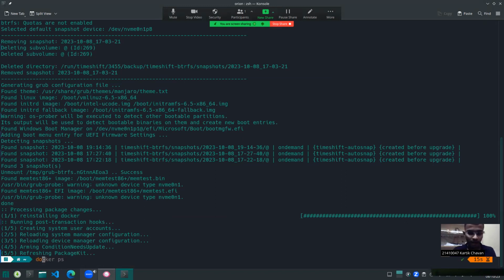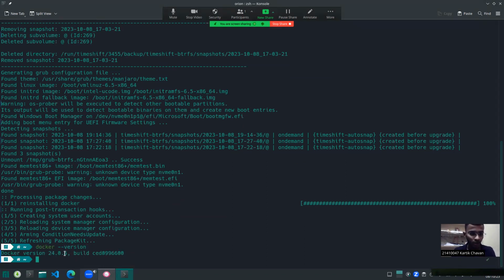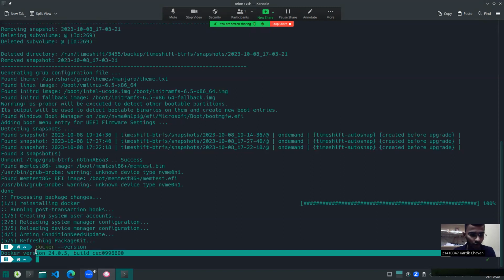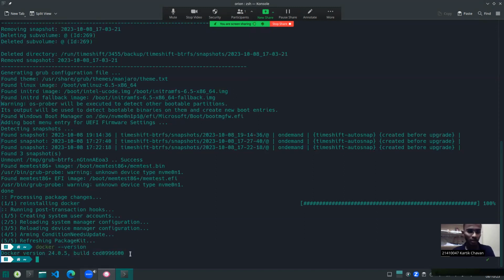After installing we can see the version of it. Let's see which version is there. Yes, we can see that Docker version 24.0.5 is installed. Now let's demonstrate one of the images we can pull from Docker Hub. Docker Hub is a platform where multiple people can push their images of multiple applications. There it can be a database, it can be an operating system. So let's see the demonstration with CentOS. We are pulling the image of CentOS.